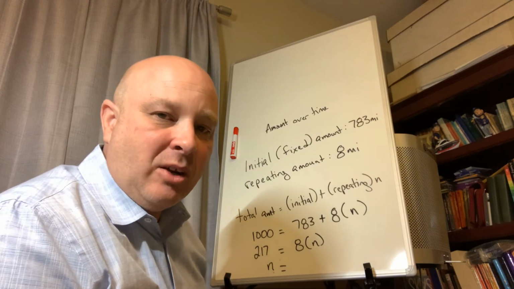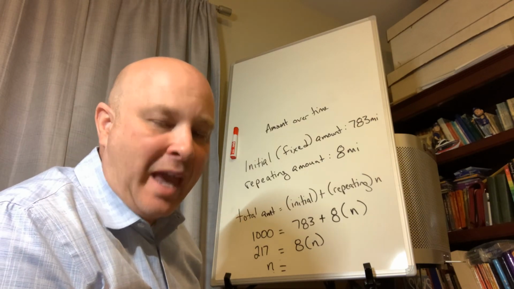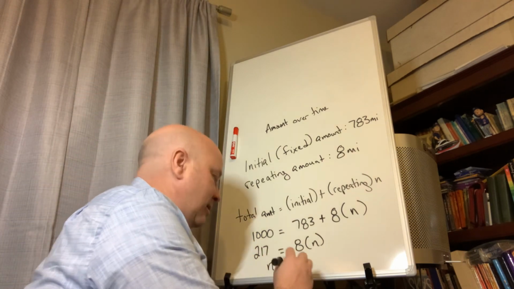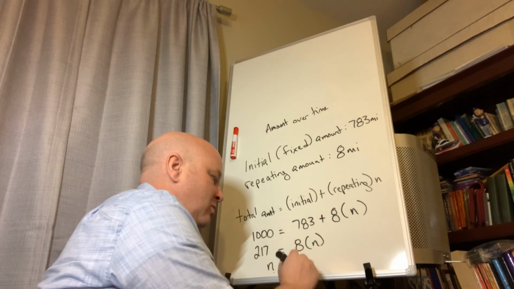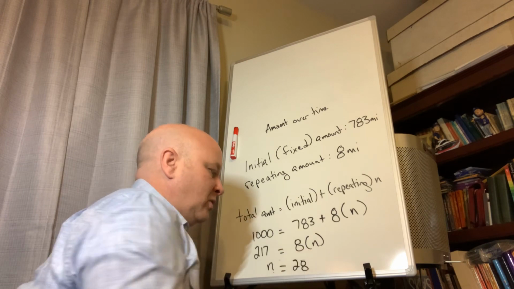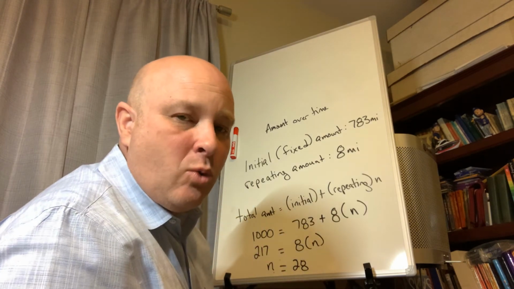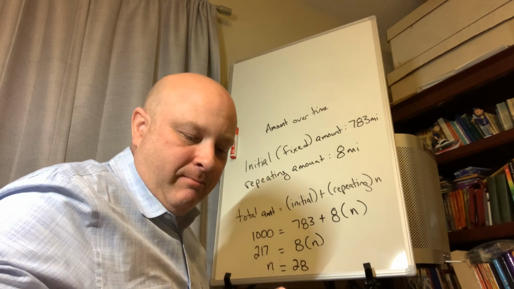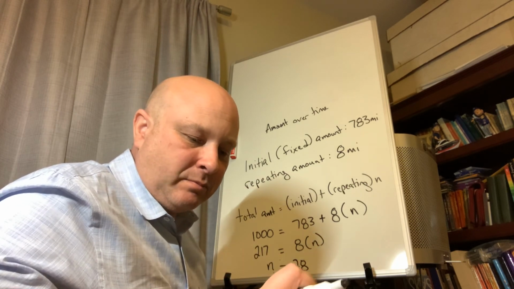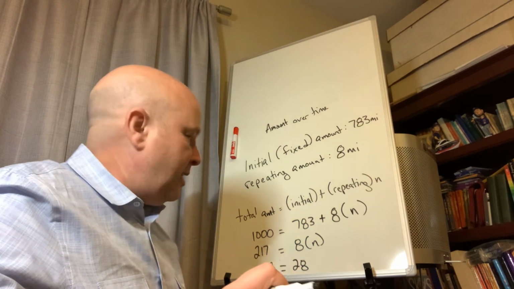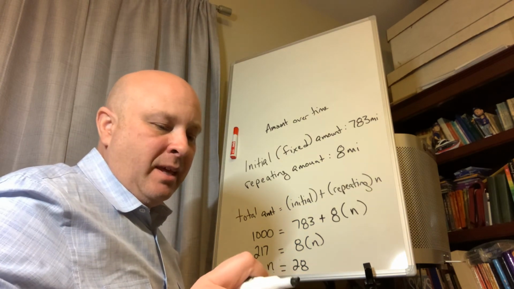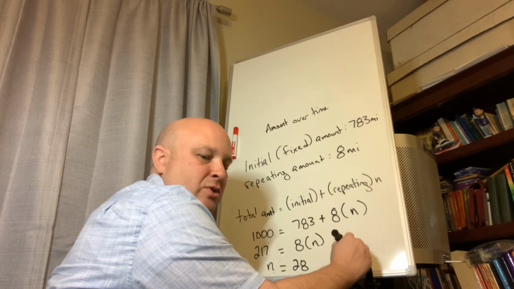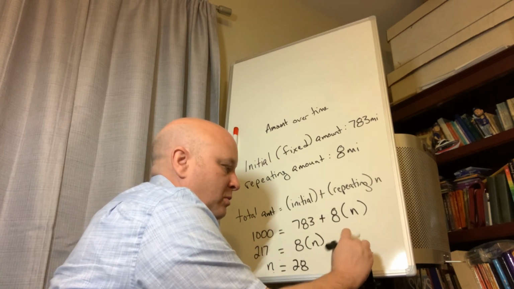So what year is it going to be? I'm just going to go ahead and call that 28 years. Okay. So N equals 27 and an eighth. I'm going to make that 28 years. Okay. But if the question was, what year will that be? Well, the way I have to calculate that is if I started out in 2014 and I add now 28 years, that means in the year 2042,